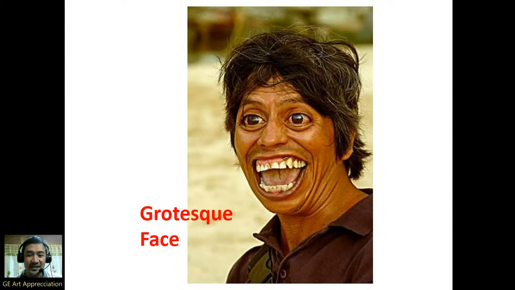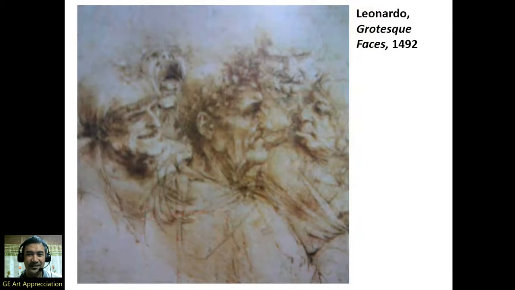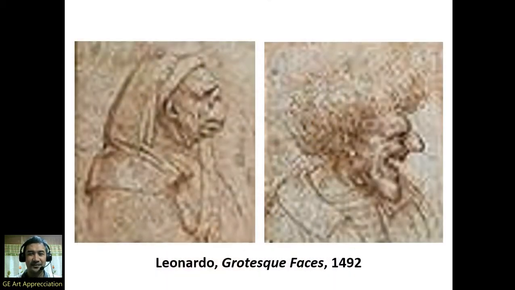Here we have the grotesque face. Okay? So, notice, ang laki ng kanyang mata, ang laki ng kanyang bunganga, no? And yet, sa panahon natin ngayon, meron ding mga ganyan pa, no? Meron pa mga ganyang muka. Grotesque face. Here, the painting of Leonardo, the grotesque faces in 1492. So, medyo mahaba yung mga baba, no? Tatangos ng ilong para mga witch. Okay, so, yan yung mga grotesque faces.